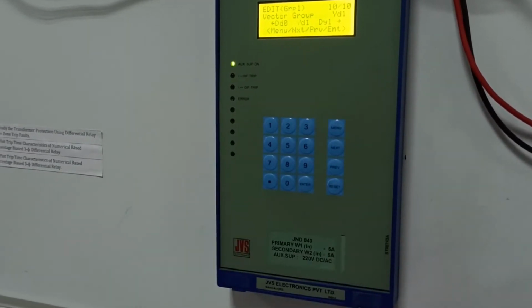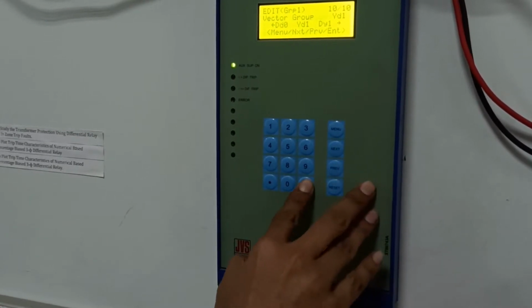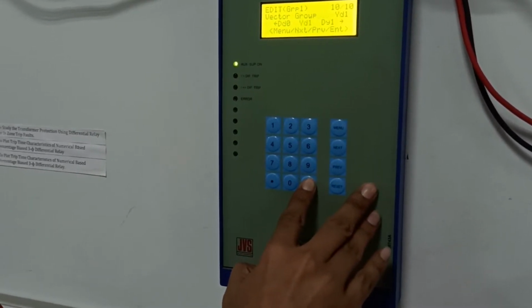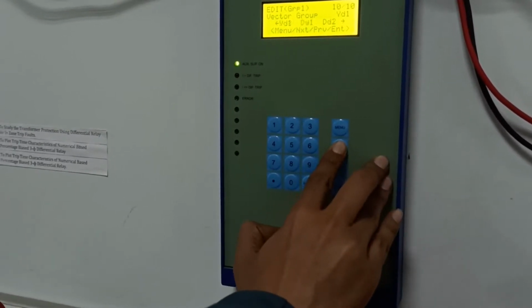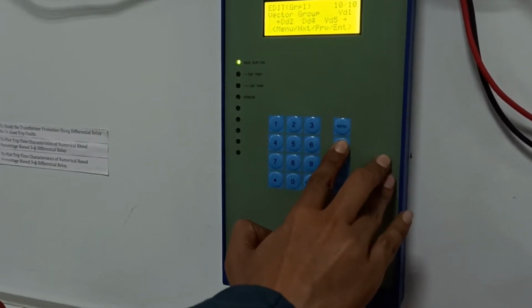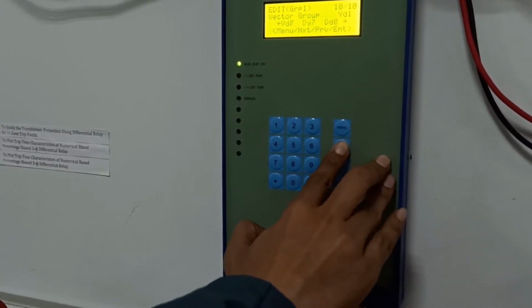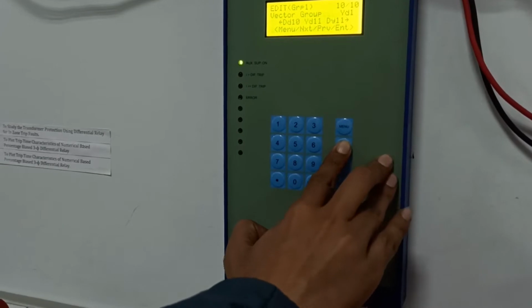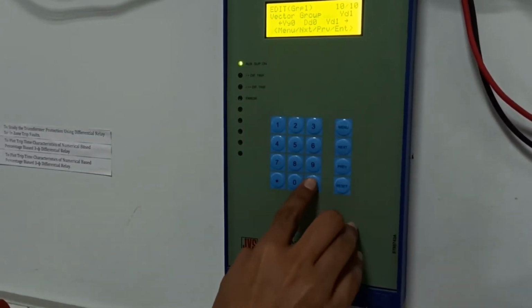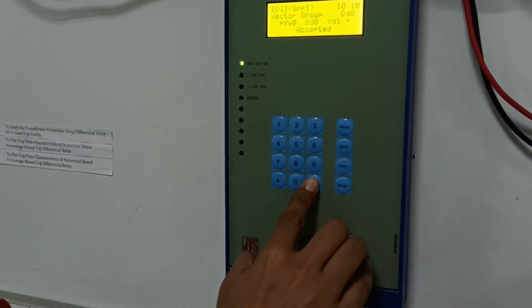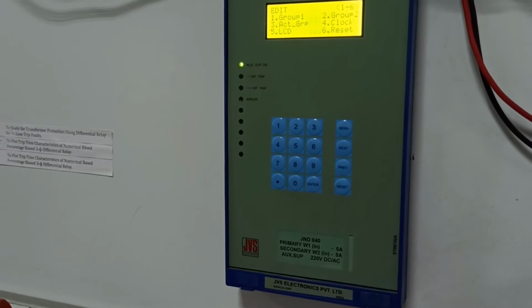Vector, select vector DD0. Select DD0 here. Now enter, accept. The program is now set.